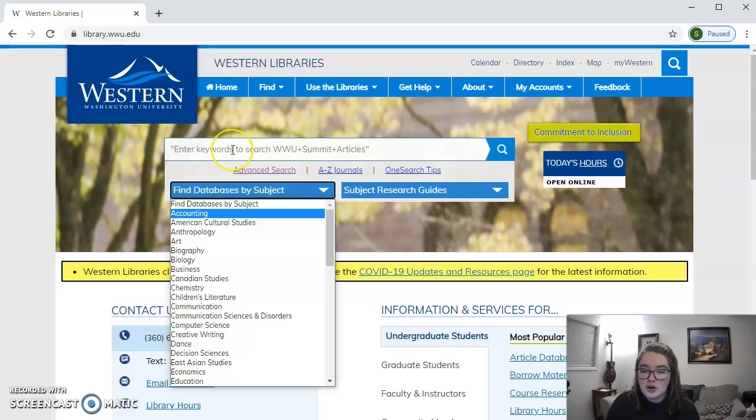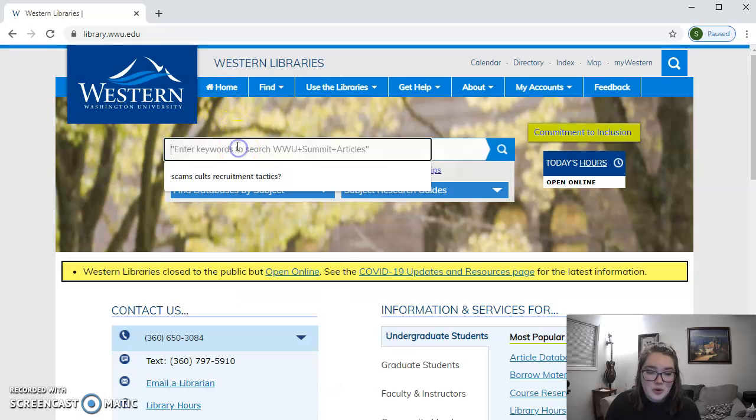I am, however, going to ignore that for the purpose of this tutorial because I am going to pretend that I am a Com 101 student. And for the Com 101 classes, one of the first projects you have to conduct research for is the informative speech, for which you need 3 sources. So I'm going to pretend that I'm conducting research for an informative speech, and I will start with this main